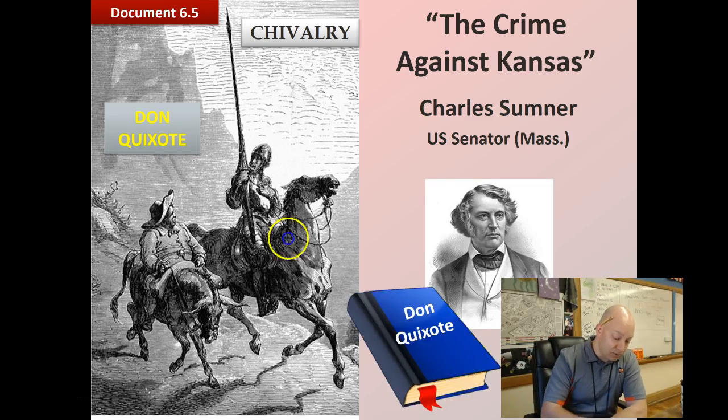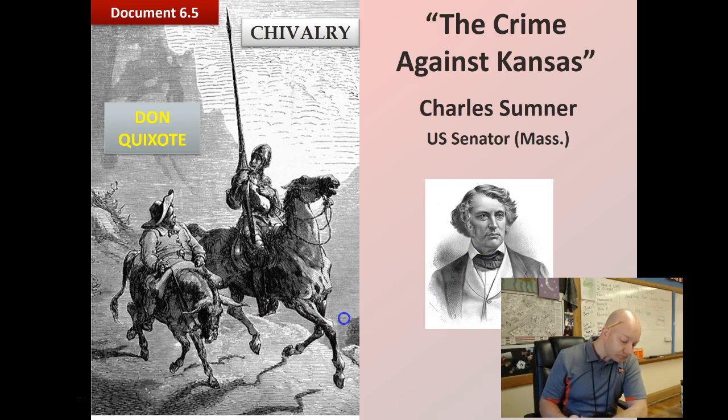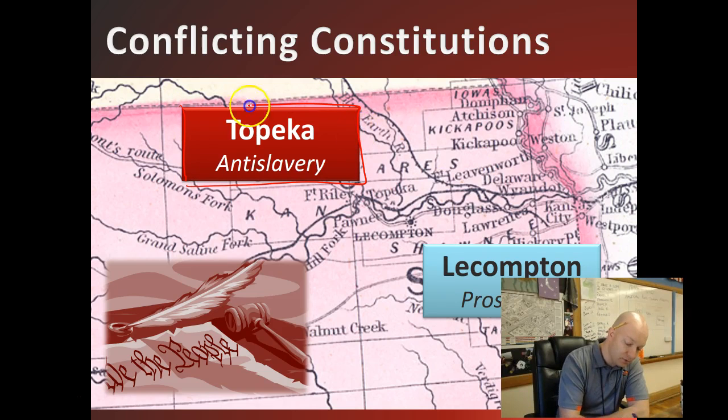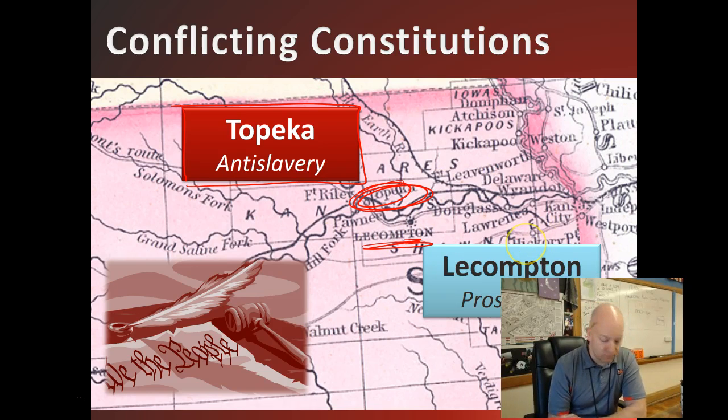Now, in Kansas, too far. In Kansas, what ends up happening is there are conflicting constitutions there, and Kansas does apply for statehood in 1856, and they apply first with this Topeka Constitution, right, which was an anti-slavery constitution based out of their capital in Topeka. Just a few miles down the road in Lecompton, right, they create a pro-slavery constitution, and lo and behold,